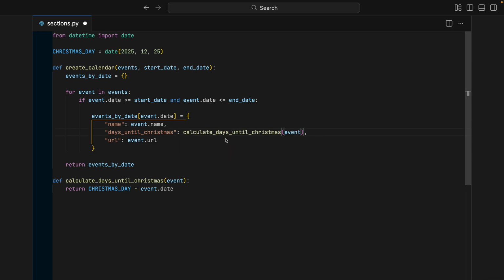Christmas. So we've now got a single function whose only responsibility is to calculate how many days a date is until Christmas. And it's been smart enough to pass the event in, because it knows that it needs that information. One thing you might need to do when you look at this is work out, do you want to